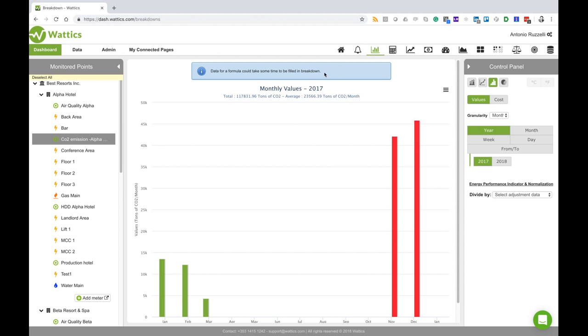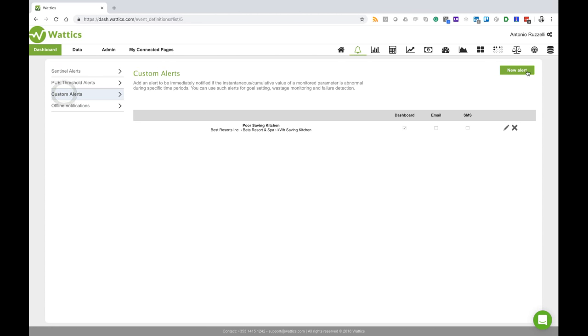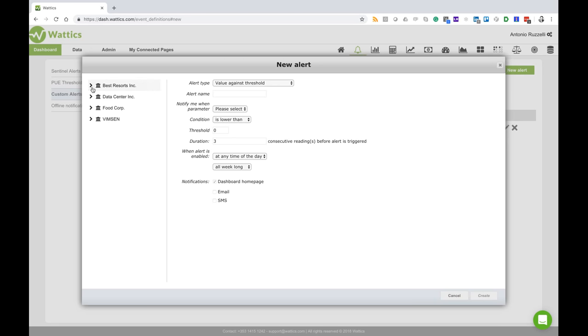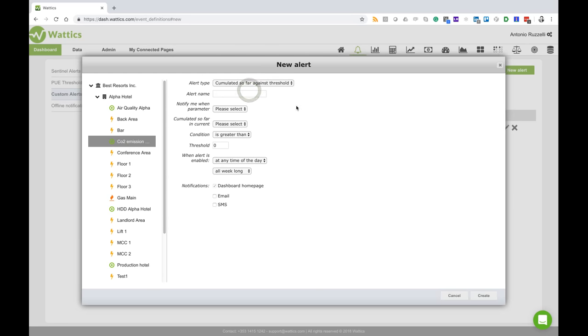Now let me demonstrate the setting of emission allowances and how to create a notification should a certain limit be exceeded. We have this tool called notification and alert, and particularly we're looking at custom alerts, where you can click here. You would select your Alpha Hotel, for example. You click on CO2 emission accumulated so far against the threshold. You can call this alert